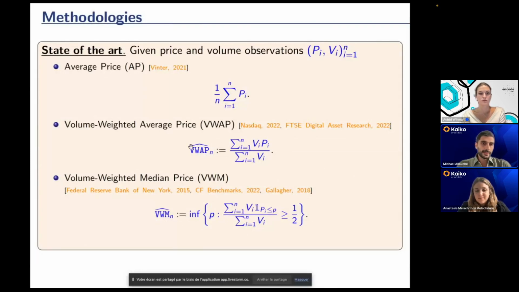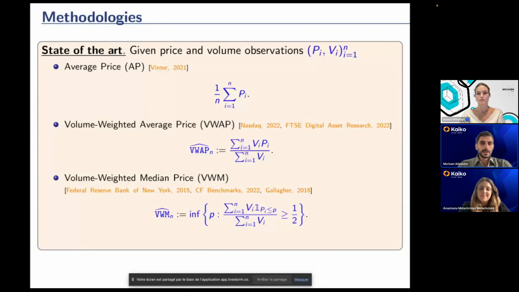So you're going to weight your price by the volume. The first and maybe the most famous one is the volume-weighted average price, the VWAP, used by digital asset researchers, like in the FTSE or in the Nasdaq, where you compute a price weighted by its volume. And actually, in those research papers, they also add some other outlier management techniques, but again using some other